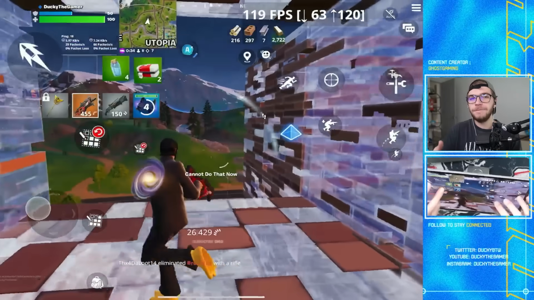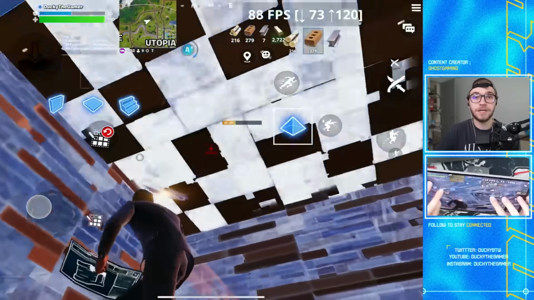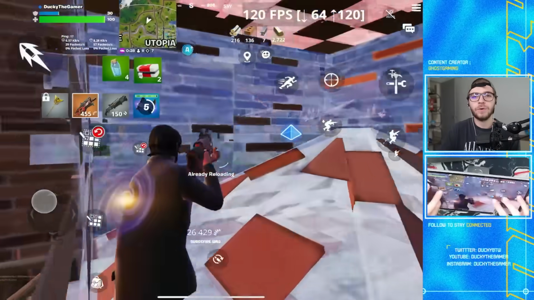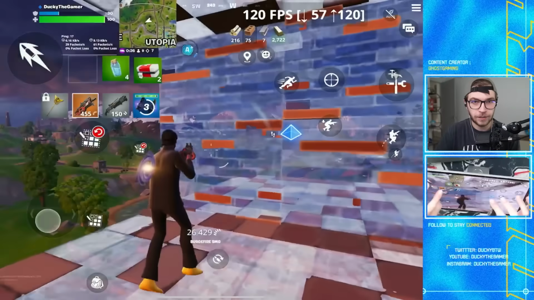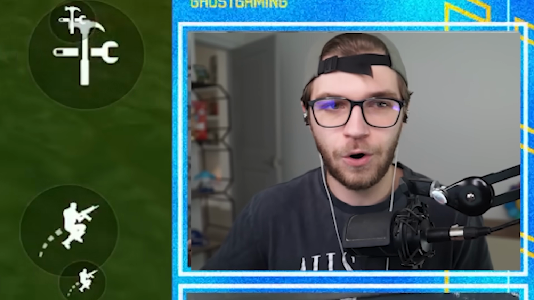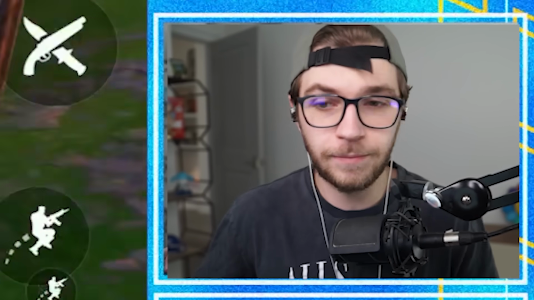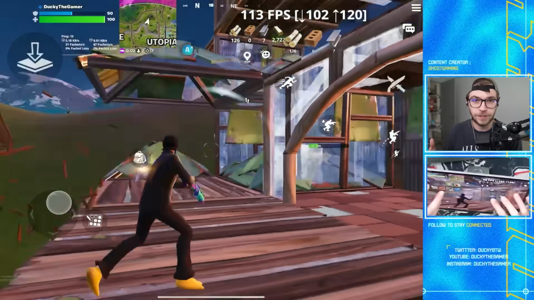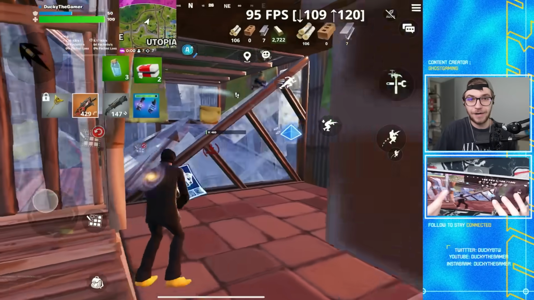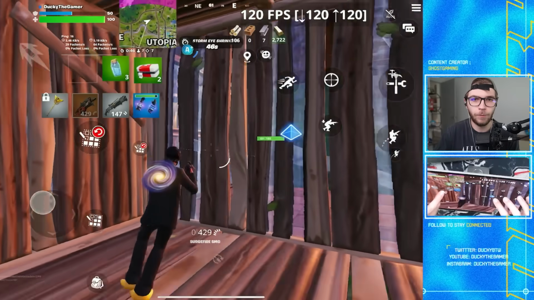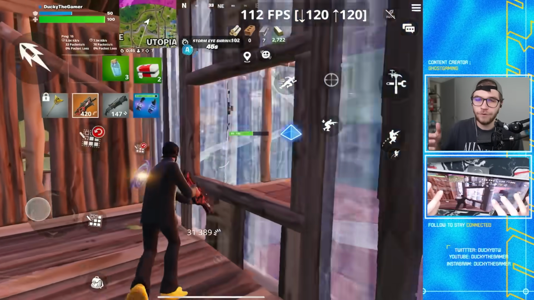Now, if you've been a Fortnite Mobile player for any length of time, you'll probably understand that optimization and performance is the #1 issue we deal with as mobile players, because we don't have the ability to simply go out and buy a better graphics card or upgrade the components of our system. Whatever device we own, the only way for us to increase our performance is literally to just go out and buy another device, which isn't really an option for 99% of mobile players,